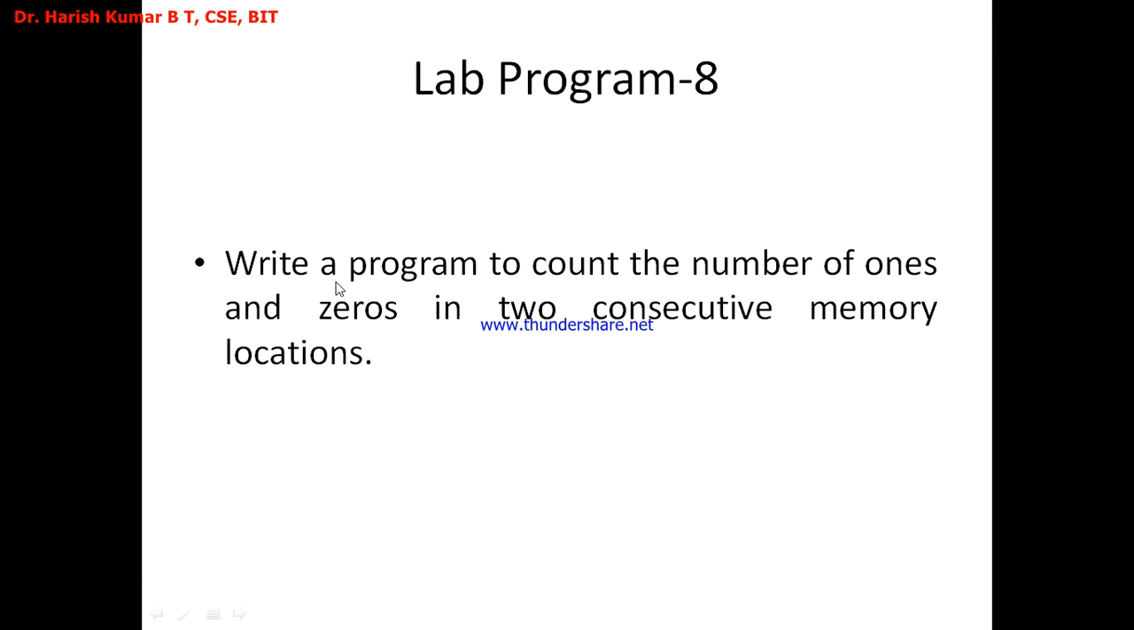Write a program to count the number of ones and zeros in two consecutive memory locations. You have to write an ARM assembly level program in order to count the number of zeros and ones in the two consecutive memory locations, because anything you write is ultimately represented in terms of zeros and ones. Now you're going to define two 32-bit numbers in two consecutive memory locations and count the number of zeros and the number of ones present in them. This is the 8th lab program in part A, that is